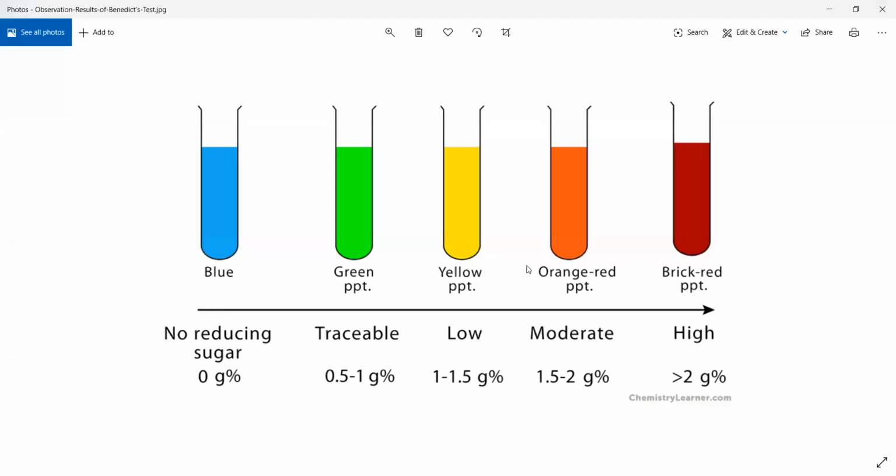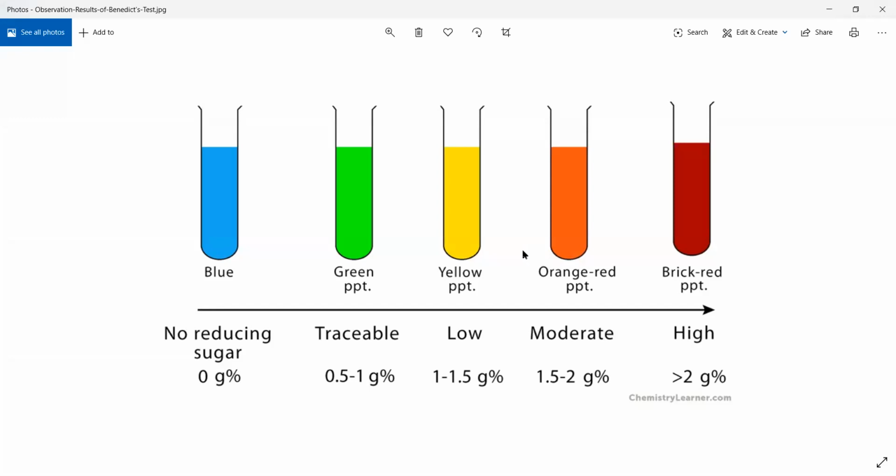See, this is the interpretation of Benedict's reagent test. Benedict's reagent test में आप जब क्या बोलते हैं, cupric ion is getting reduced to other forms, cupric oxide specifically, depending on the amount of glucose that is present, you will start getting different colors. जितना कम रहा, see, अगर blue color आ रहा, तो there will be no sugar present. If there is no sugar in urine, no detectable sugar. Okay, अगर there is no detectable sugar, then it will be blue.